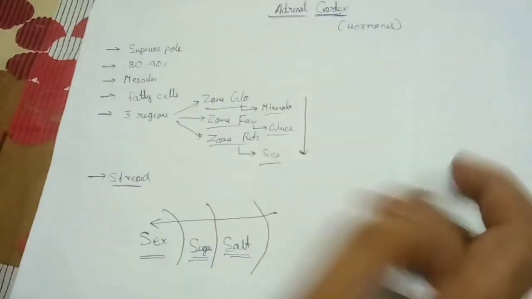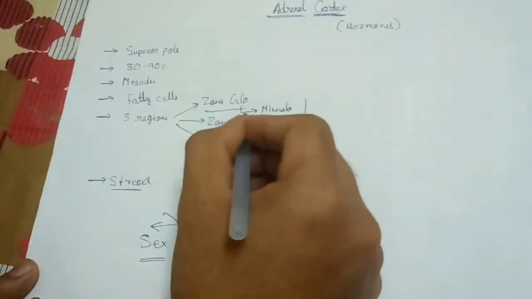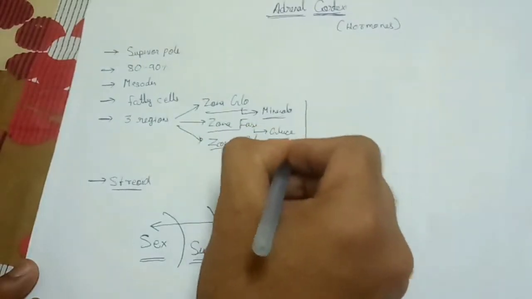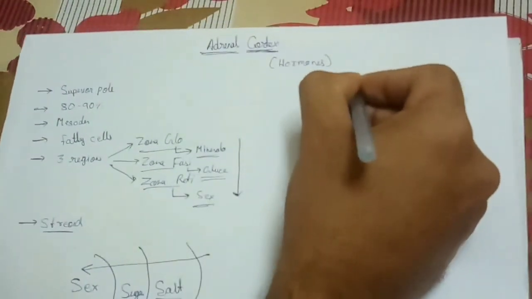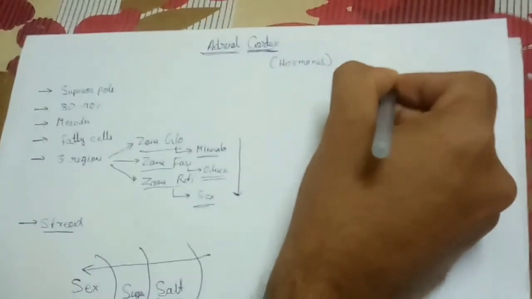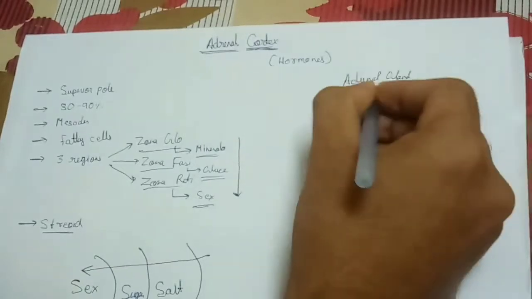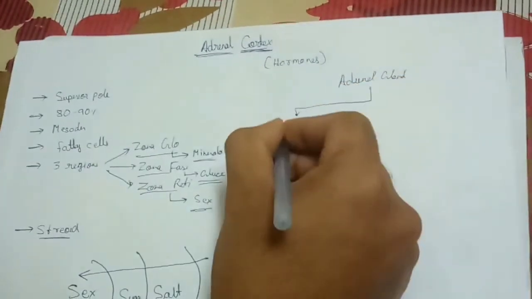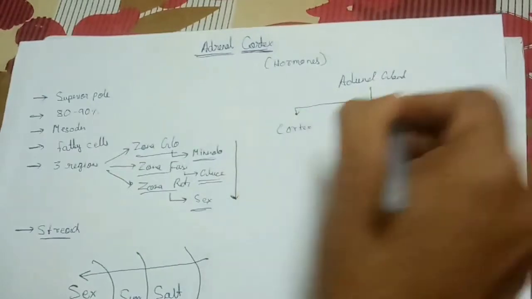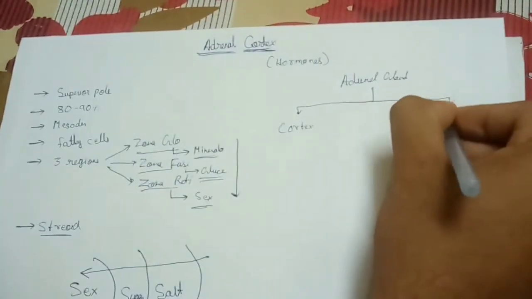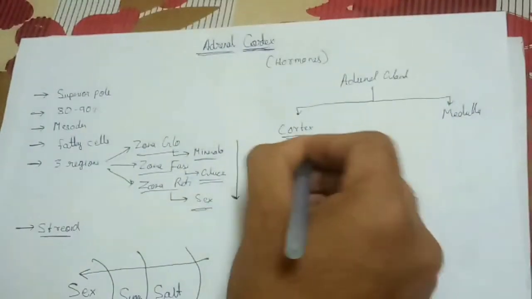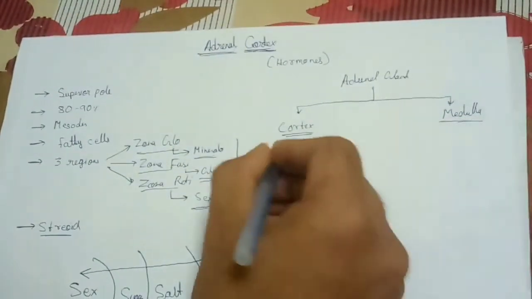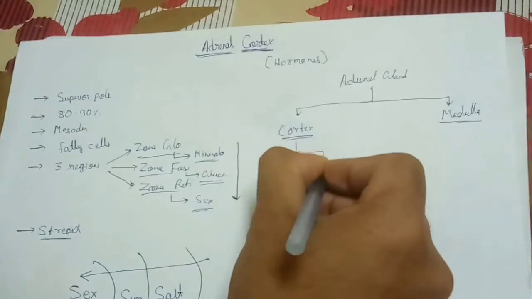So now let's discuss all the three zones and all the three types of hormones in a tabular form, which makes it easy to understand. So the adrenal gland is divided into two parts, cortex and medulla. Here we are only going to discuss the cortex, not the medulla. So the cortex is divided into three parts,